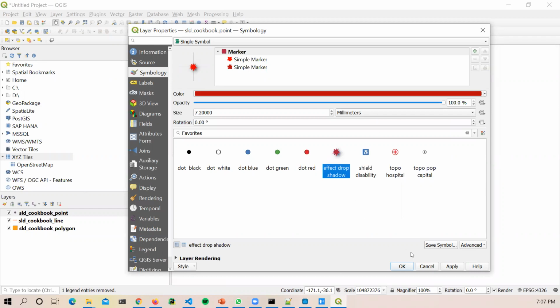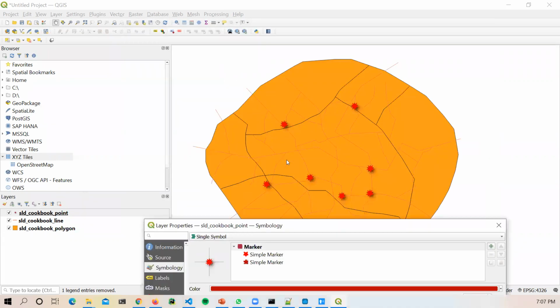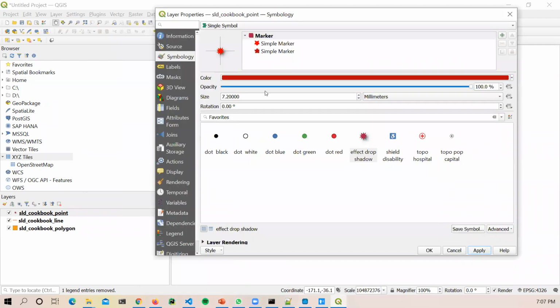So I'll click on that, and then I will apply. If you configure your symbol here and you click on apply, you notice that in the map it changes, okay? So when you are satisfied with your symbol, you'll notice that there's a small drop down here